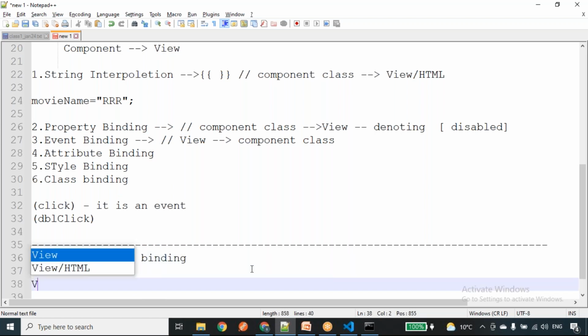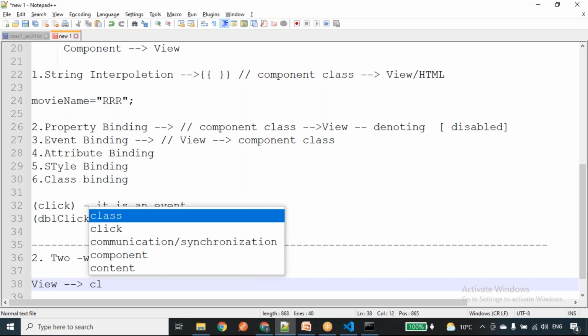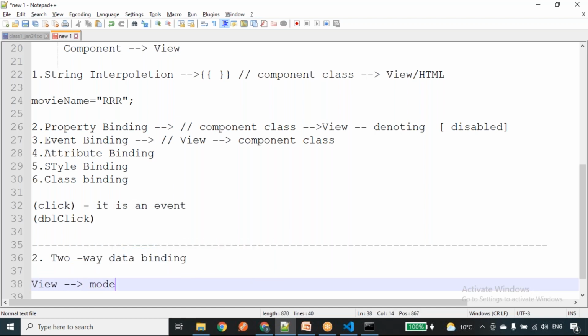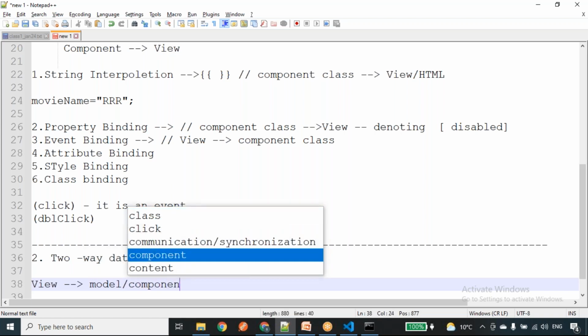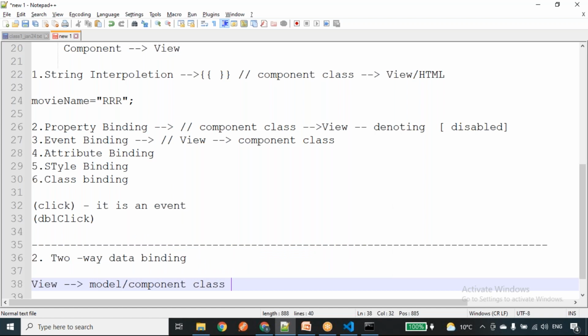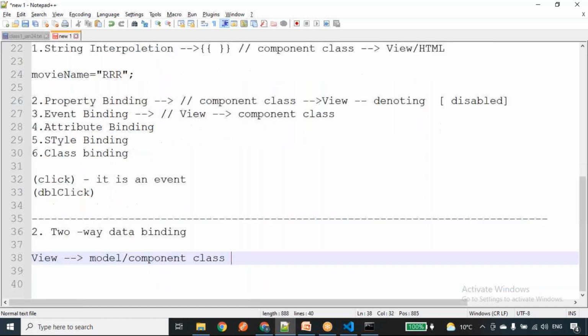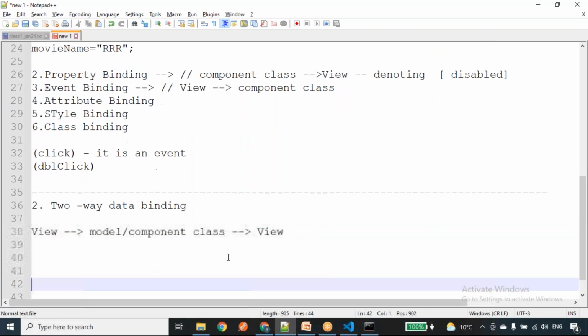Whenever I change the view, automatically it will update the model or the component class. And whenever the model gets updated, it updates the view also. This is called two-way data binding.